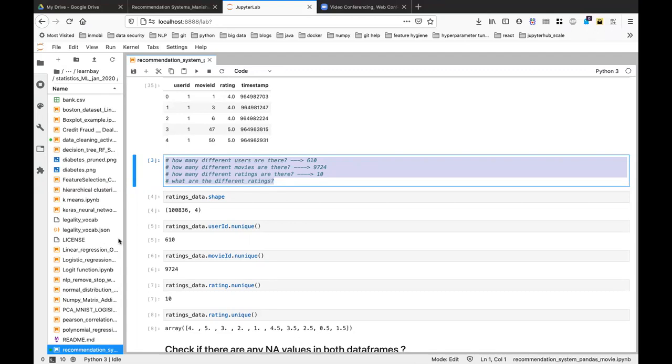So the first question is how many different users are there? The second question is how many different movies are there? And the third question is how many different ratings are there actually?